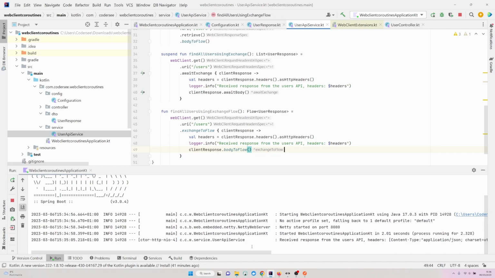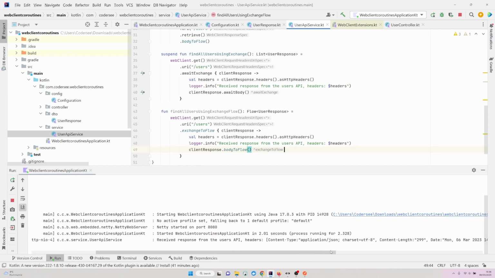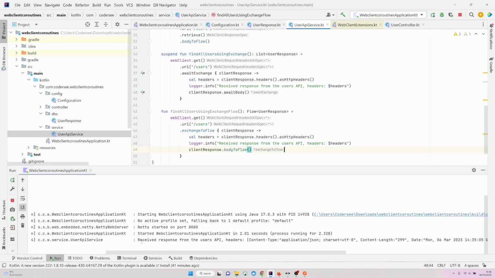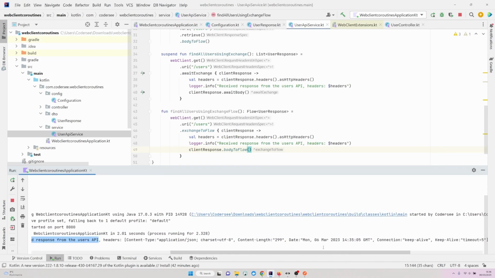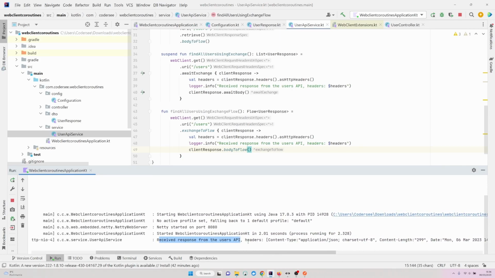Nevertheless, let's look into the log because right here we can see that we received response from the user's API, and right here we can see all the headers that we got in the response. So at this point we have covered our getAllUsers endpoint and getUser by particular identifier. I have mentioned that we have one more endpoint to query, which is the delete endpoint and does not return